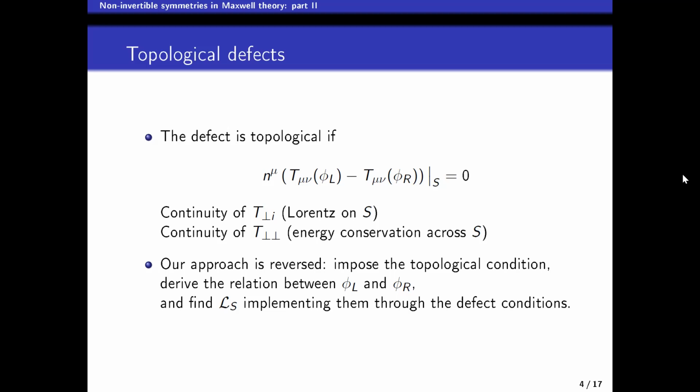If it is satisfied, then you have a topological defect, that in our modern approach means that you have a symmetry. Of course, our problem is that we don't know the defect Lagrangian because we don't know the symmetry. We want to look for this symmetry. So we do a reversed approach. So first,